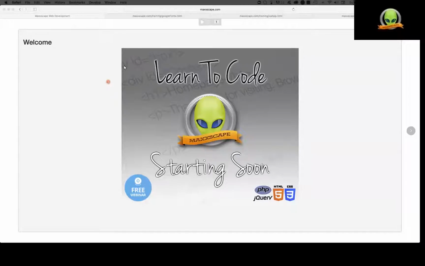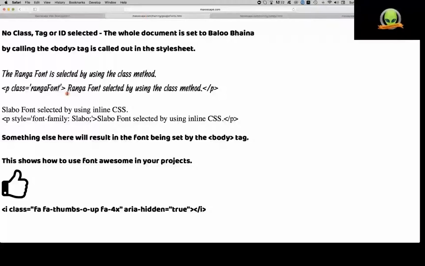And what we're going to do is a slight review based on a question that I had from the previous training concerning Google Fonts. What I'm showing here, the page kind of looks like a mess, but I'll break it down for you. This portion here is showing a particular font, but there's no class, tag, or ID selection, and the whole document is set to Baloo Bhaina by calling the body tag. I typed this a couple times, so it's by calling the body tag that is called out in the style